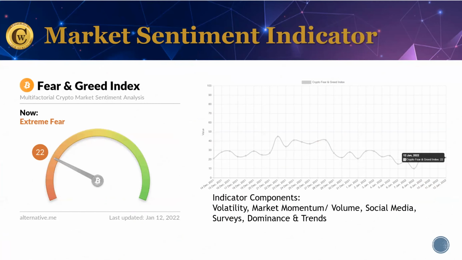I'd like to talk about one indicator which is becoming very popular, which is the fear and greed index. So this does crypto market sentiment analysis, involving different factors. On one hand there is fear, and on the other hand there is greed. As of today it shows a metric of 22, which is indicating extreme fear. When there is more fear, or it goes very close to fear, then you can